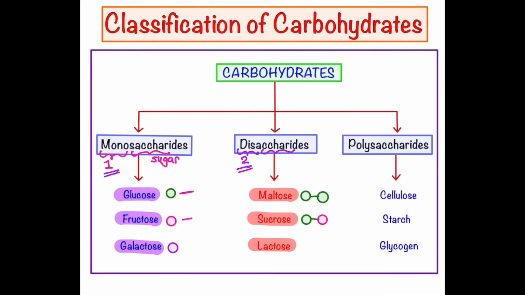Lactose is made up of glucose and galactose. See, the name is so similar, lactose, galactose, right? So it has this purple circle for galactose and green circle for glucose. You can easily see here that all three disaccharides have glucose in common. They only have a different second monosaccharide. Maltose has glucose, sucrose has fructose, lactose has galactose, and these three are going to join up with a glucose molecule.